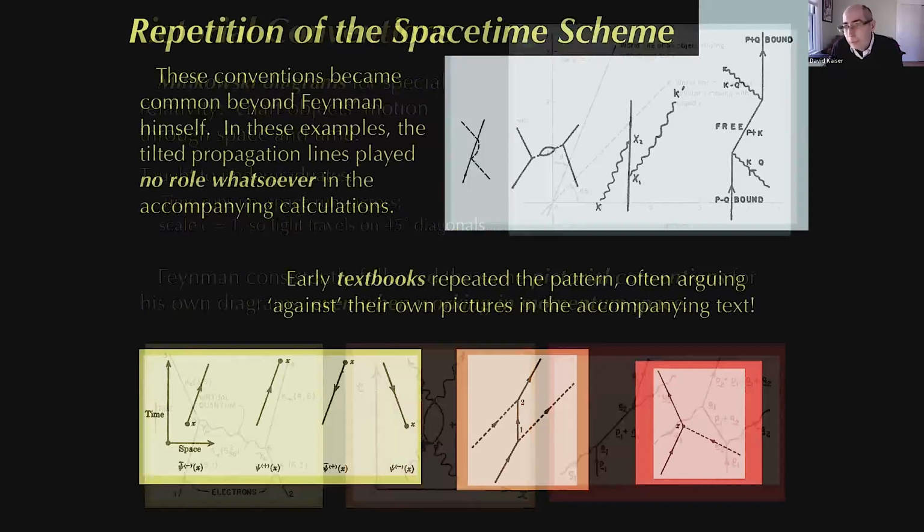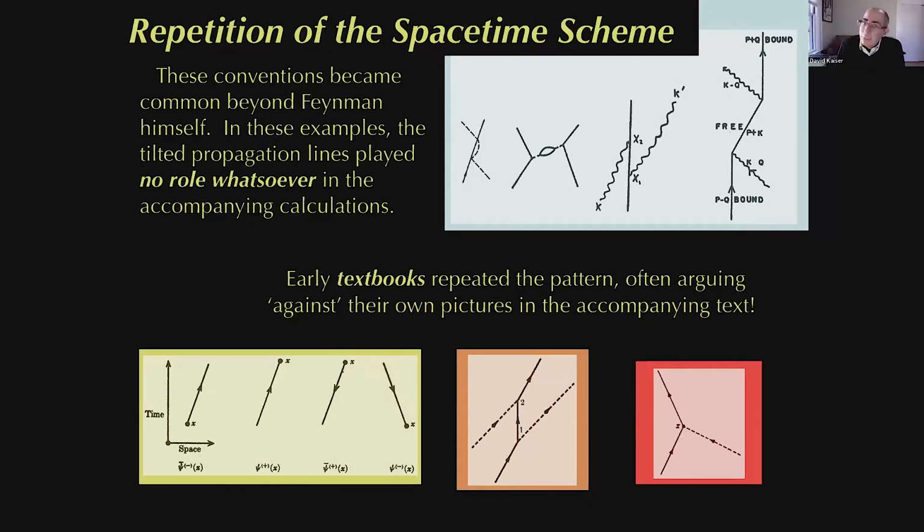It wasn't only Feynman. If you look at the earliest textbooks, they keep repeating the same scheme, even when they move into momentum space, for which there's absolutely no meaning, no relevance whatsoever to the kind of 45-degree diagonal. That only means something if you're actually working in space-time and scaling the speed of light to be 1. It means nothing if you're in momentum space. And yet in these examples and many of these, physicists working explicitly in momentum space nonetheless kept using the space-time Minkowski conventions. And I argue that that was kind of what they were used to, and it also probably helped some of the students get kind of comfortable with them as well.